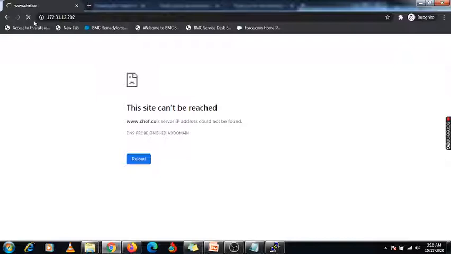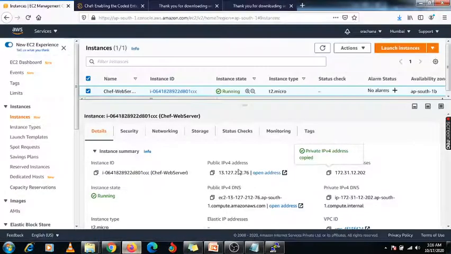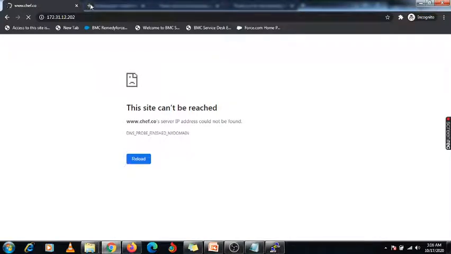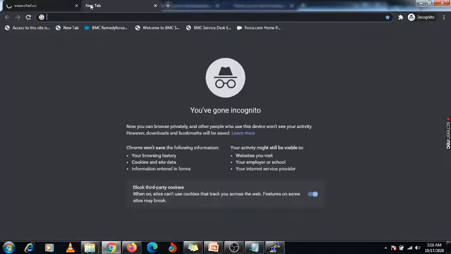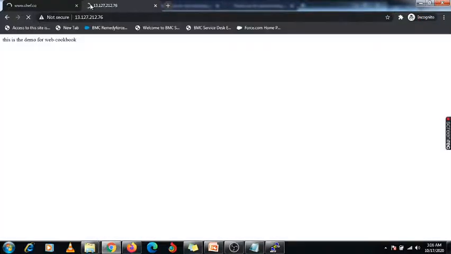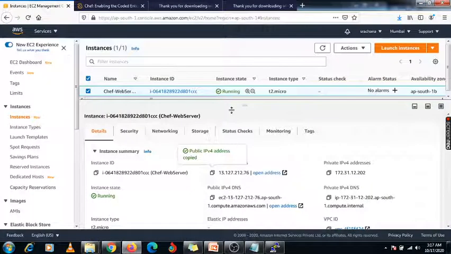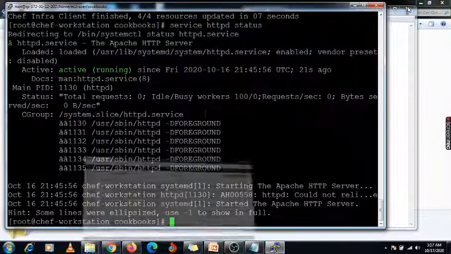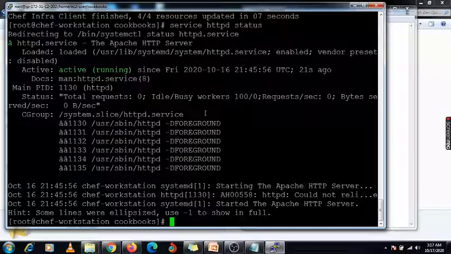Check whether it is working or not, or you can specify your public IP address, because there are two IP addresses available. So just enter it. Yeah, this is the public IP address, you can use it, and this output is revealed: This is the demo for web cookbook. That means this web page is now configured using this recipe.